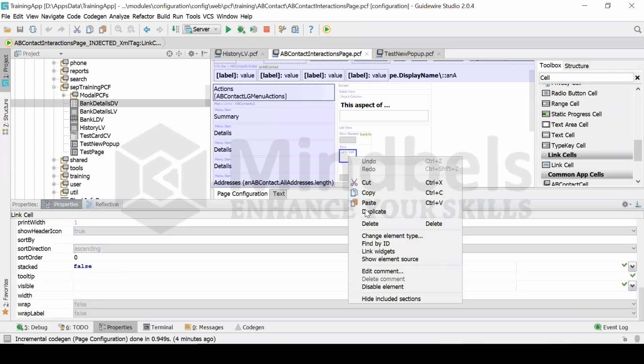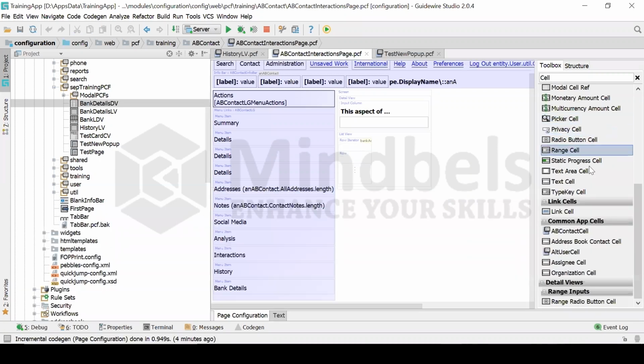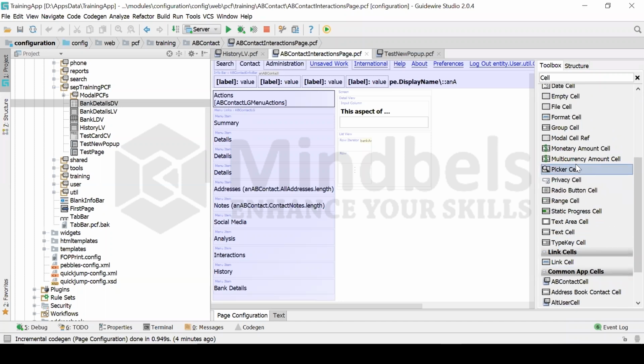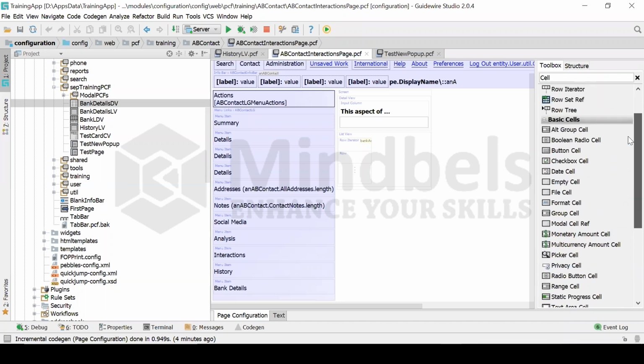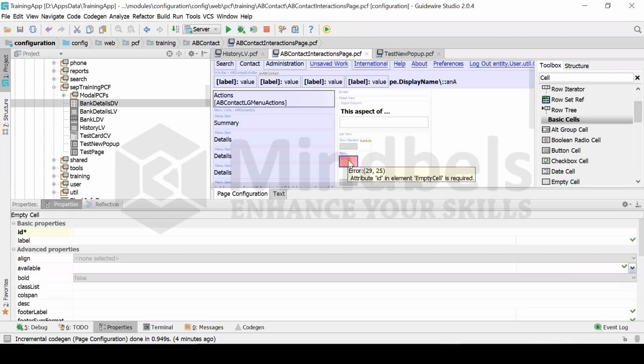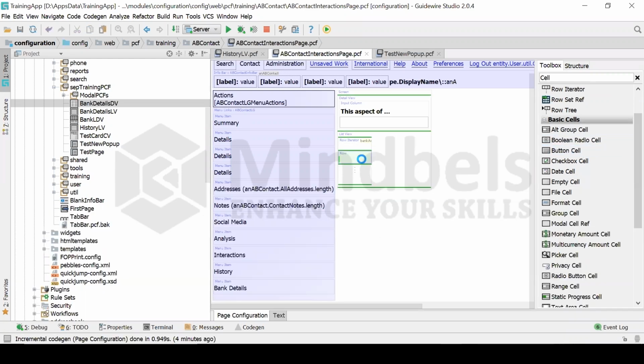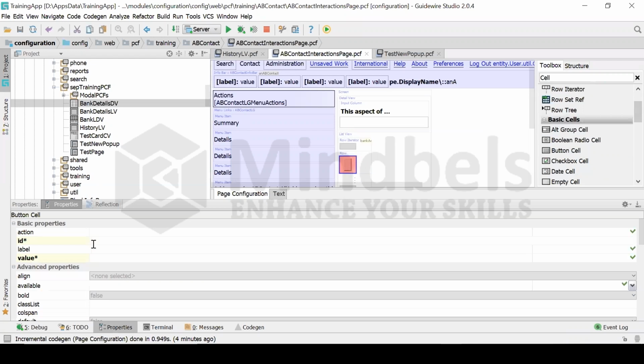We'll just then instead of the link cell, add a link button then. So instead of a link cell, I'm adding a button cell because I've removed this action function from that link cell now. Because I need to use that to call the pop-up, right? So in the ID, I'm using,